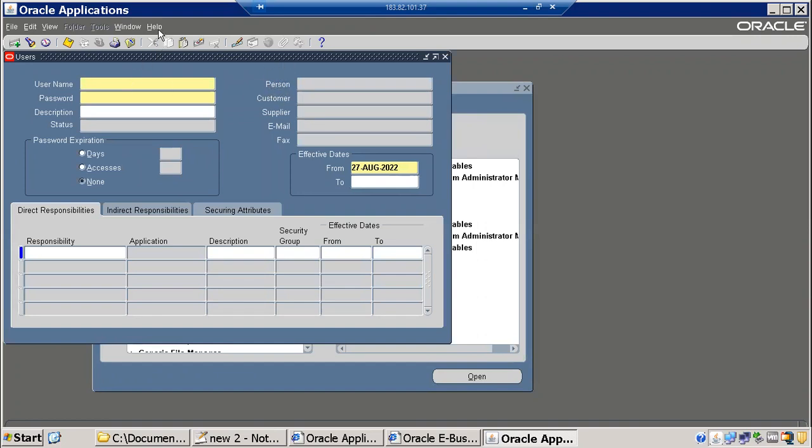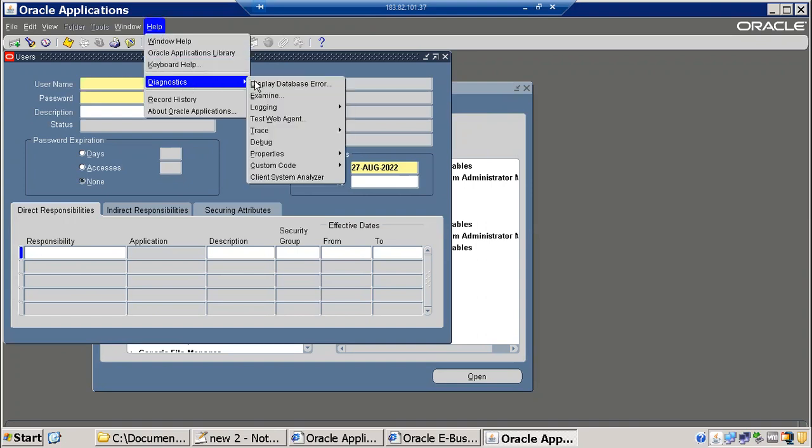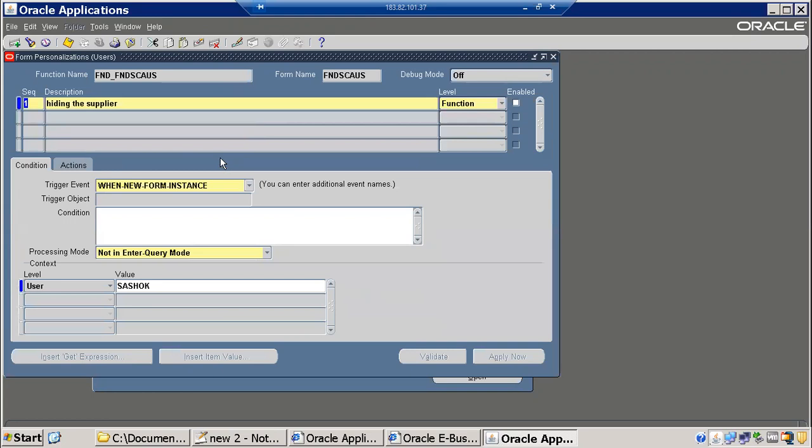To hide from here itself, there is one option here: diagnostics, custom code, and personalize. So you can see four regions here. This is called the rules region, and this is condition, actions, and then context. Four sections we can say. First section here, the rule section. In the rule section, we'll give a sequence and then a description here, hide person field,